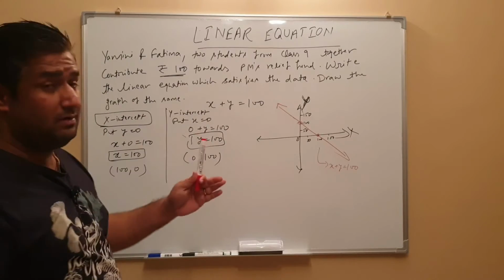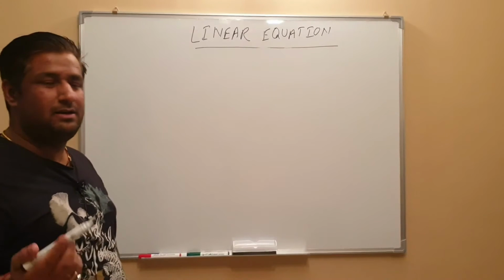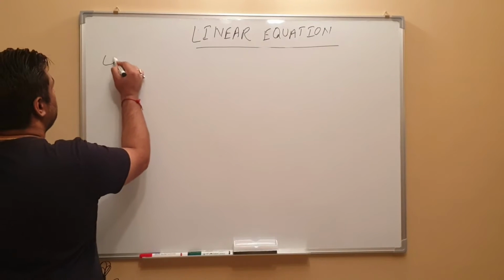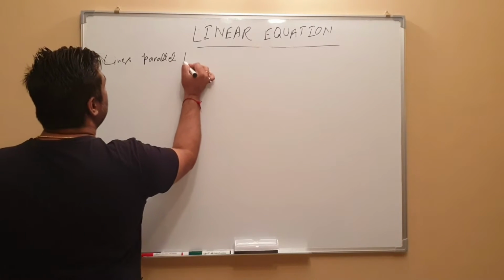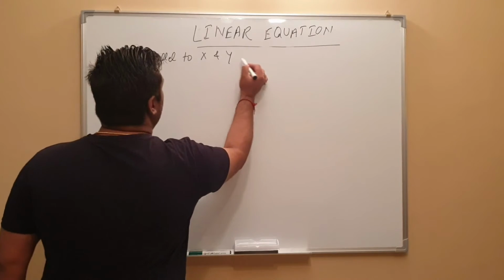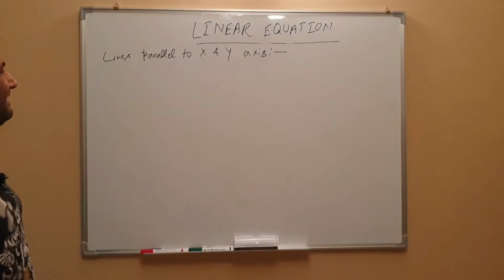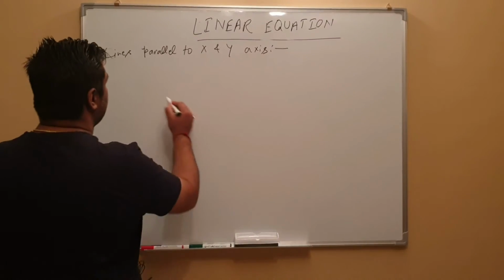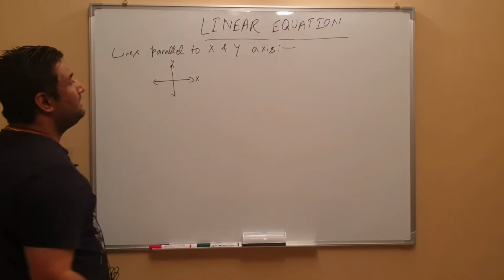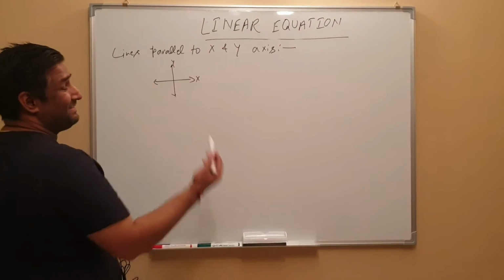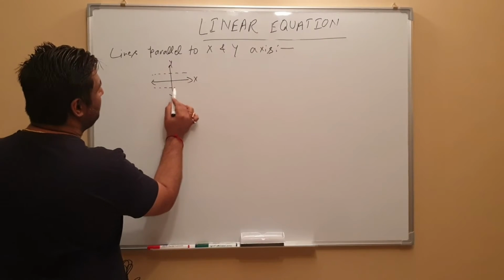Okay, so that's how you solve a given word problem. Okay, so next topic what we have is lines parallel to x and y axis. So when we say lines parallel to x and y axis, what do we mean? We simply mean, let's say this is the grid axis, x and y. So when we say lines parallel to x axis, that means there can be any line somewhere here, or any line somewhere here.